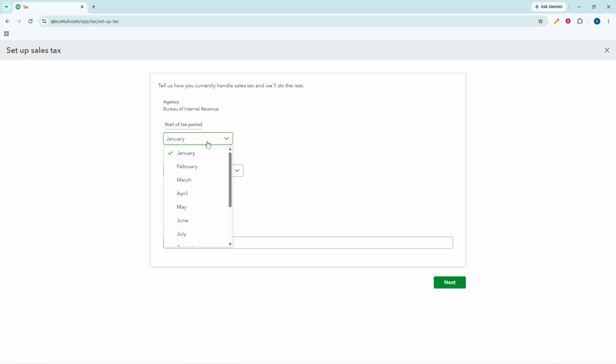Next, enter your VAT details carefully. You'll need to select your tax agency, choose the start of your tax period, set your filing frequency, and pick your reporting method, either accrual or cash. Make sure these settings match the way your business is registered and how you normally report VAT, because these choices